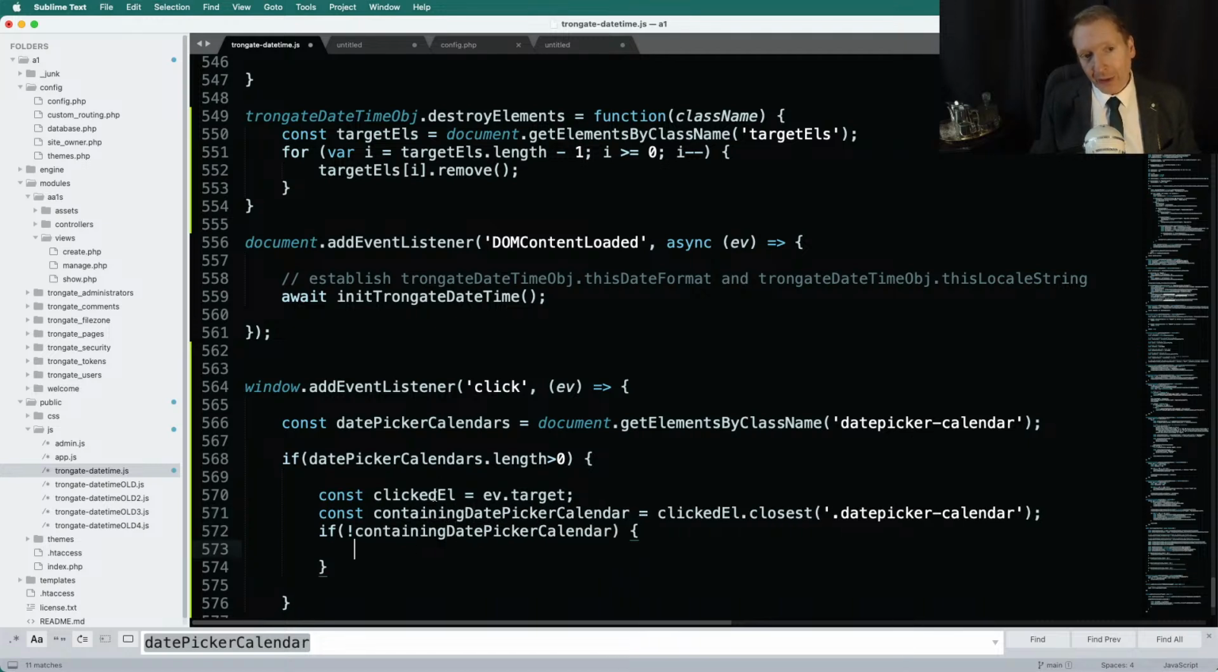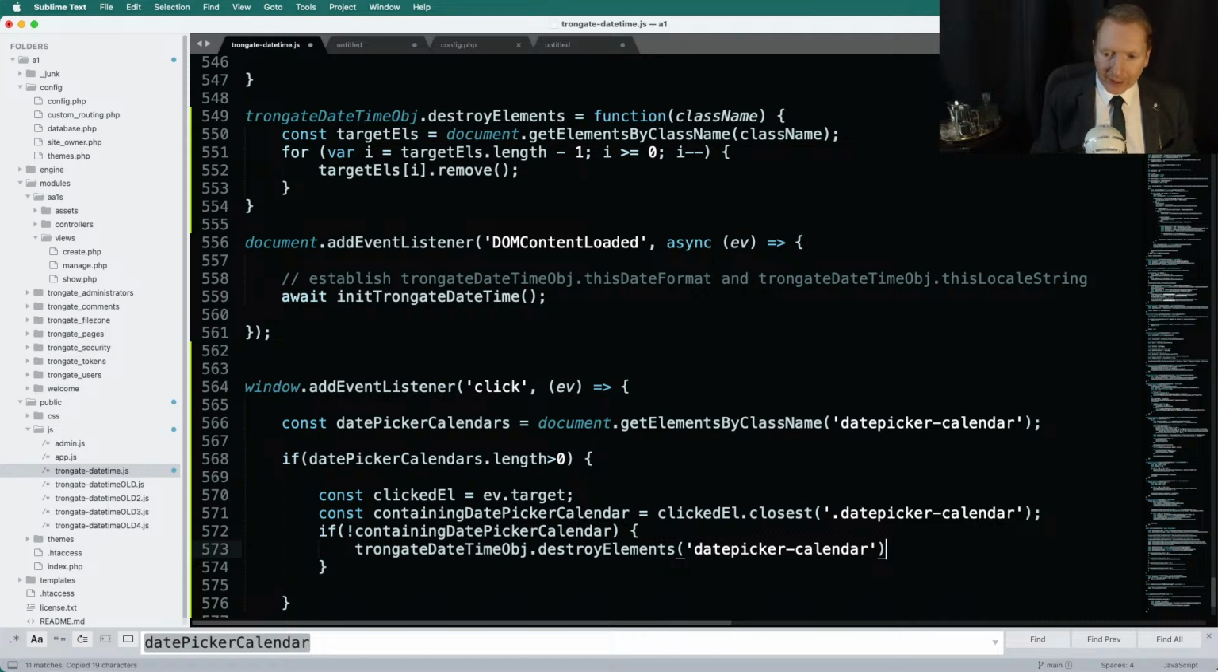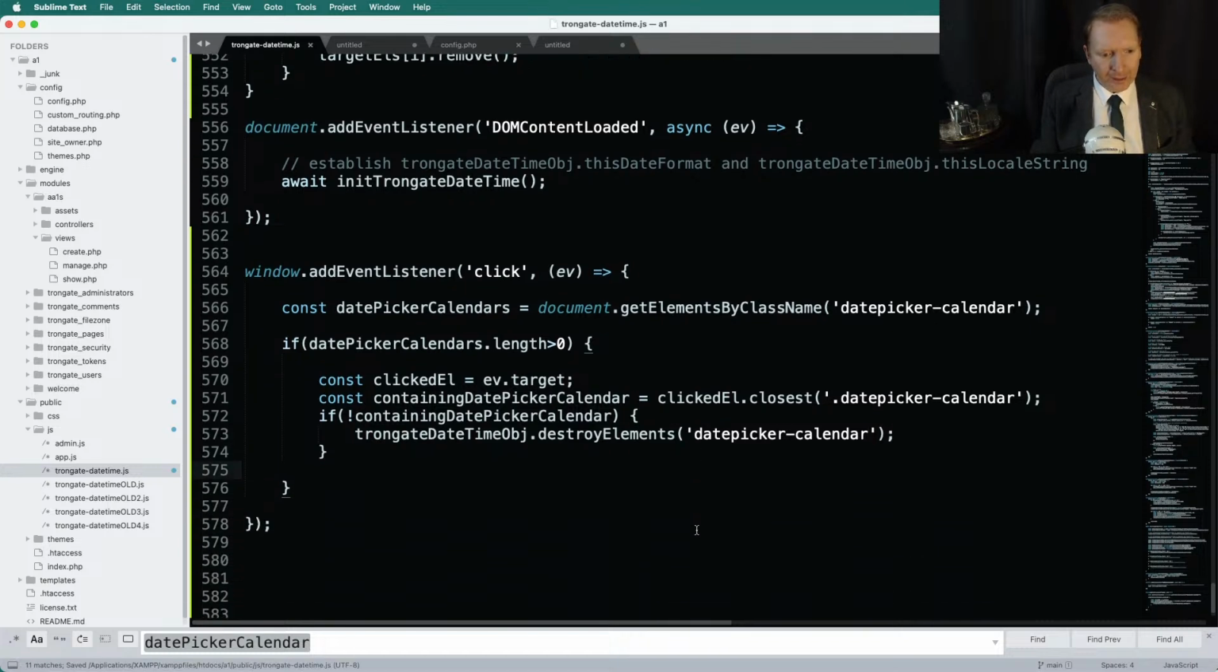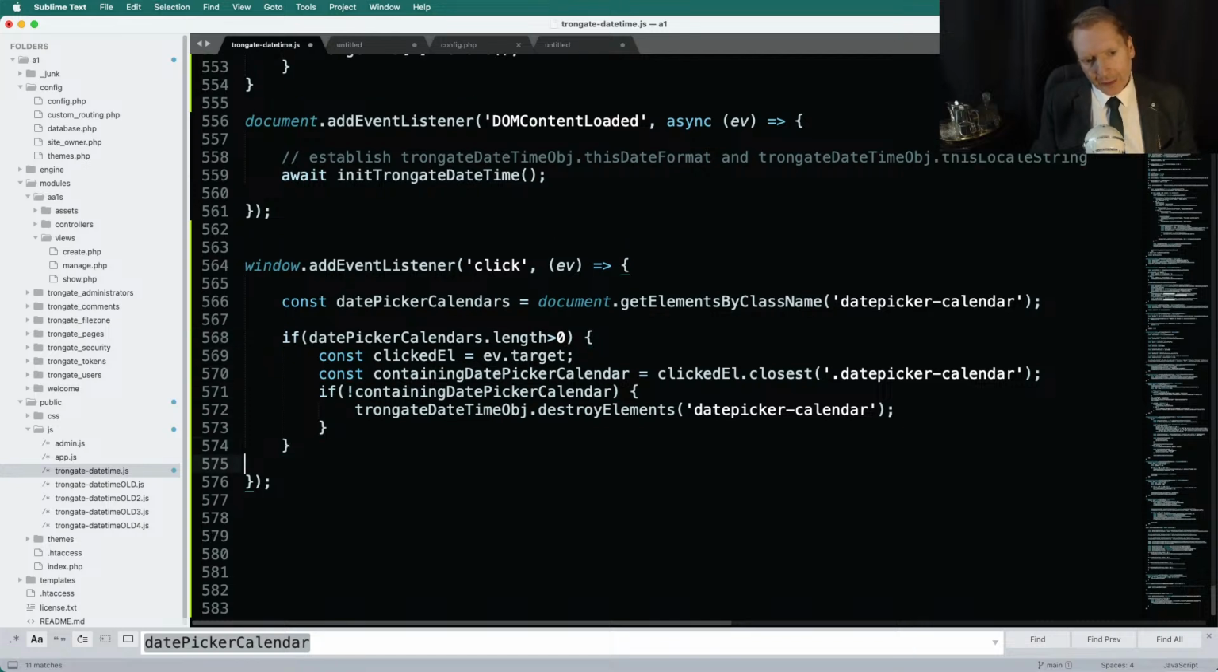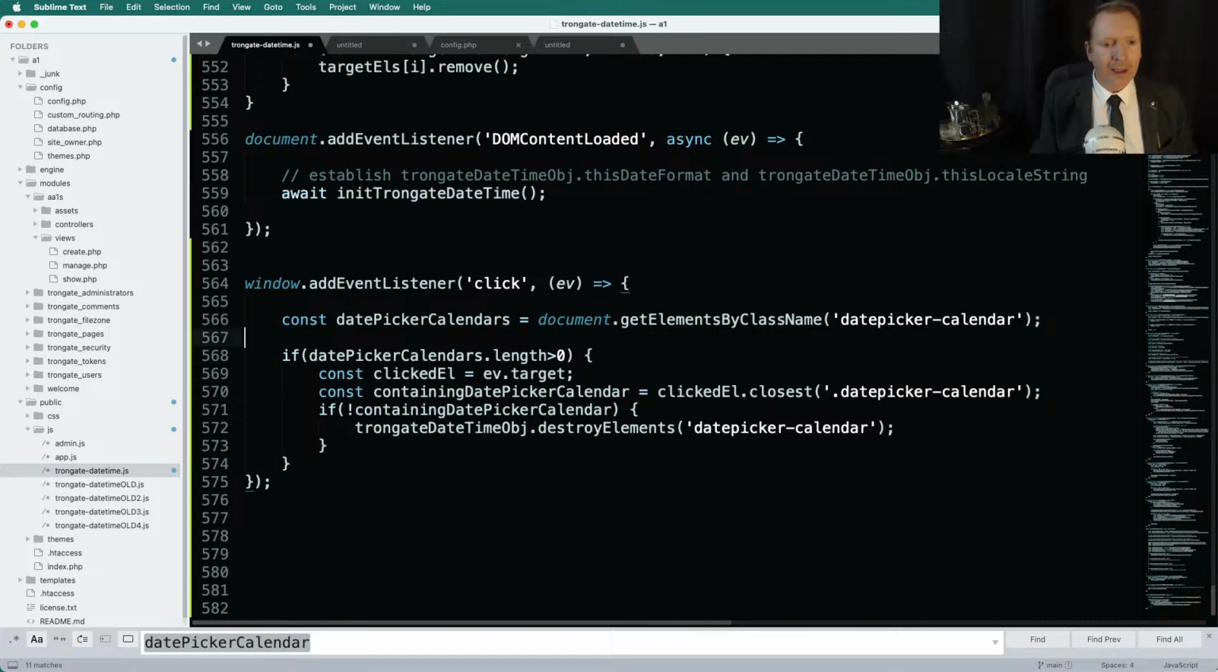And if we have none of them, what we're going to do? That's right. We're going to call this little beauty here and we're going to pass in a class name of, now this is our class name here. And we're passing in a class name of date picker calendar. There it is there. And that's it. So if I've done this right, it means that